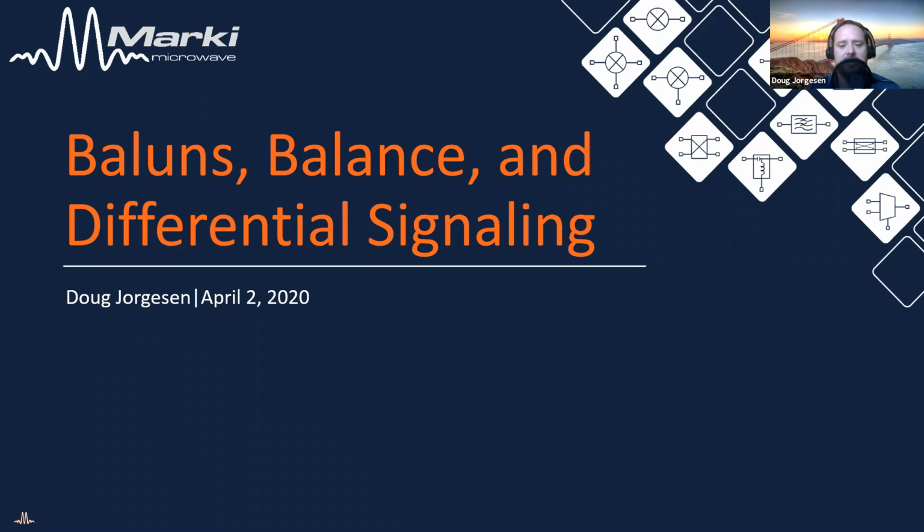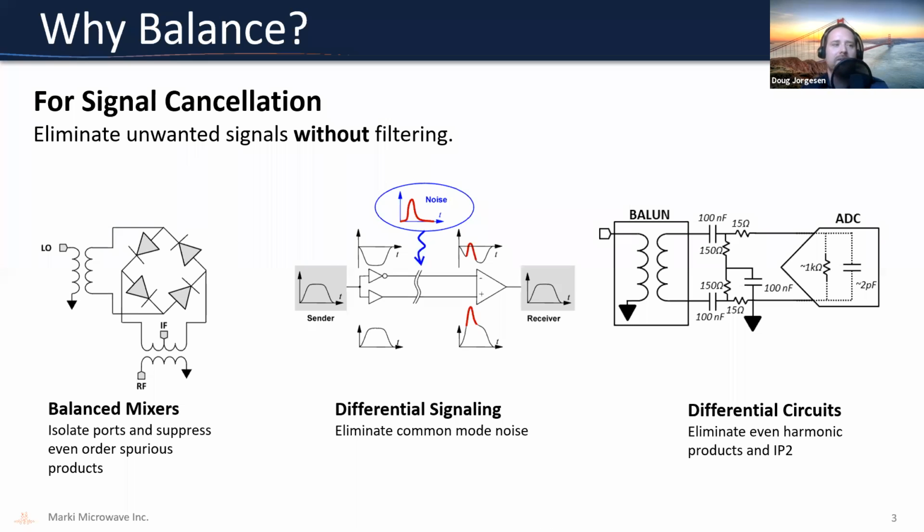So I'll start with the first and obvious question: why bother balancing a signal? Balancing gives you the magical property of eliminating unwanted signals without using a filter. Typically the only way that you can differentiate signals is by using a filter to frequency discriminate. But if you use balance,